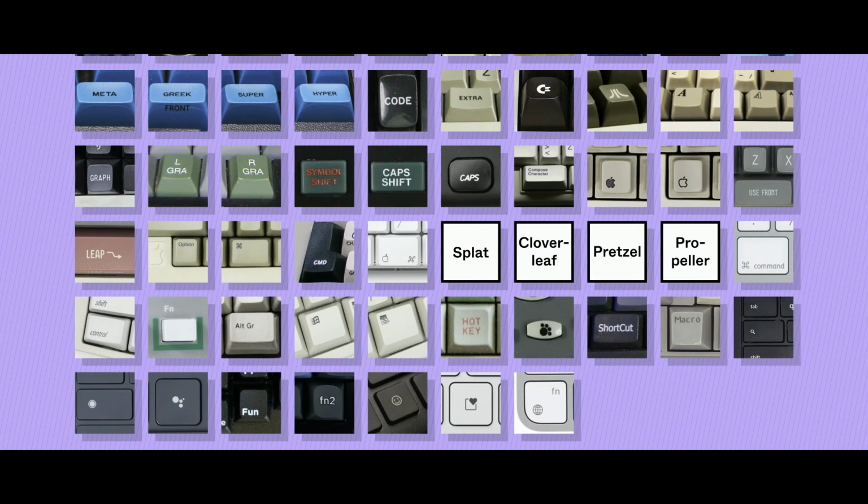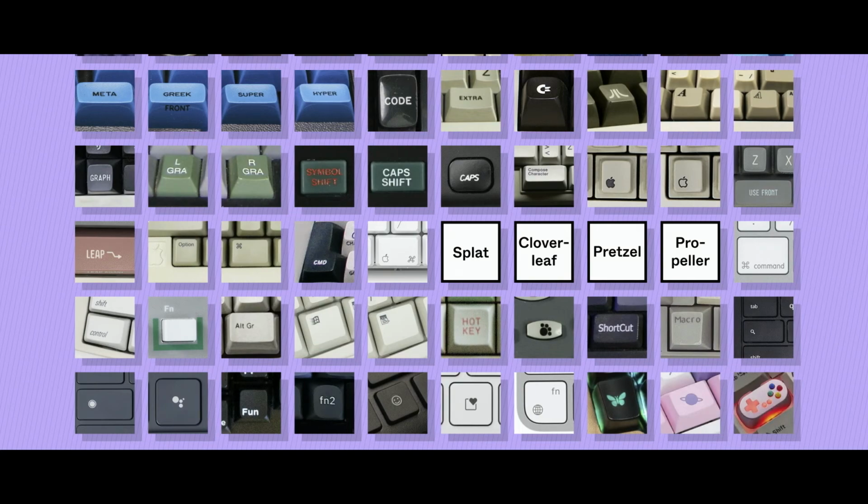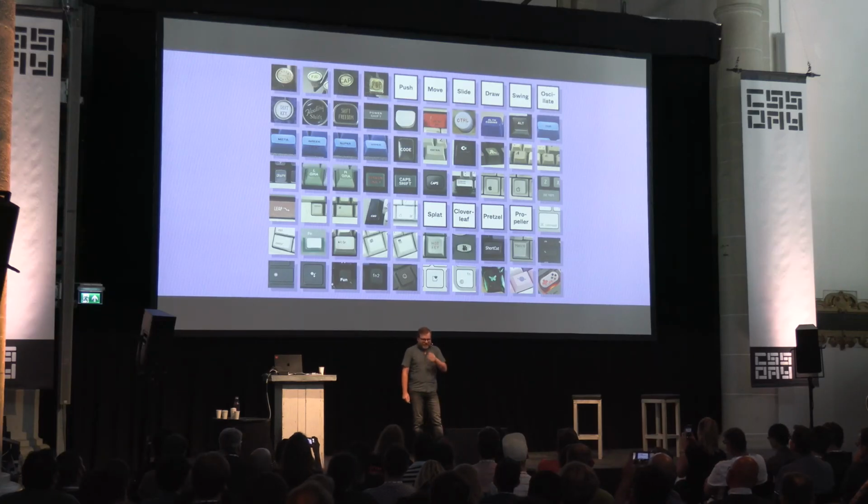And Apple started messing with function keys. And if you use an artisanal keyboard, sometimes the modifier keys look like a butterfly or a planet or whatever you want. I swear to God, okay, this is over 70 keys that I could think of, and I didn't think that hard. That's a new modifier key every 2 years,